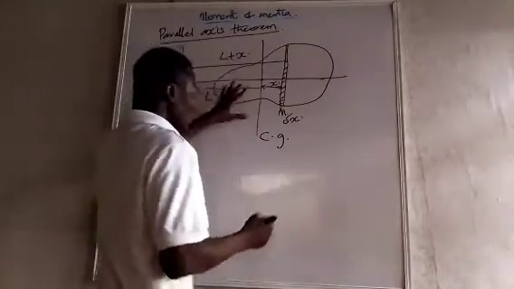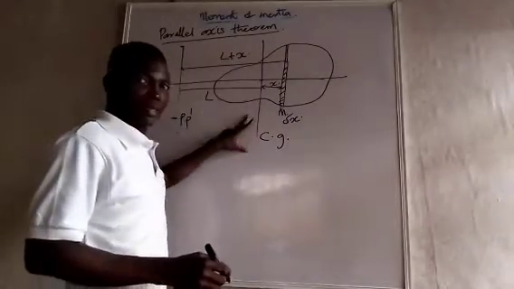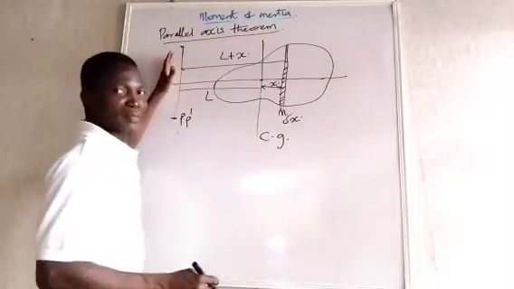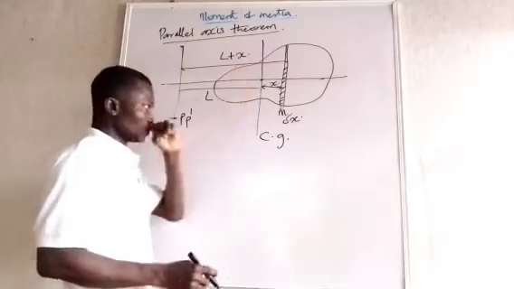What the parallel axis theorem tends to do is, once you know the moment of inertia about the center of gravity, you must be able to calculate it about any other point which is parallel to the center of gravity. Now,